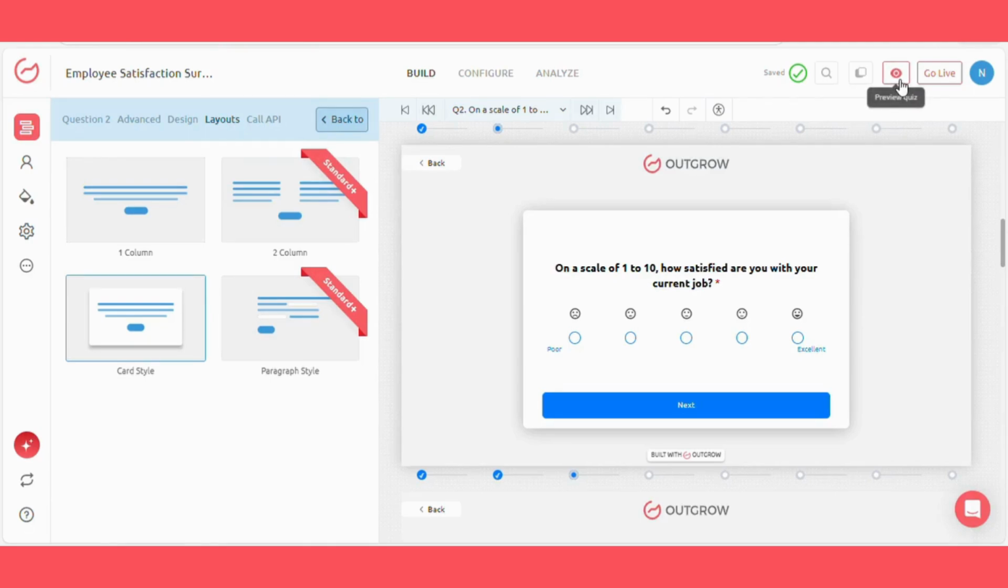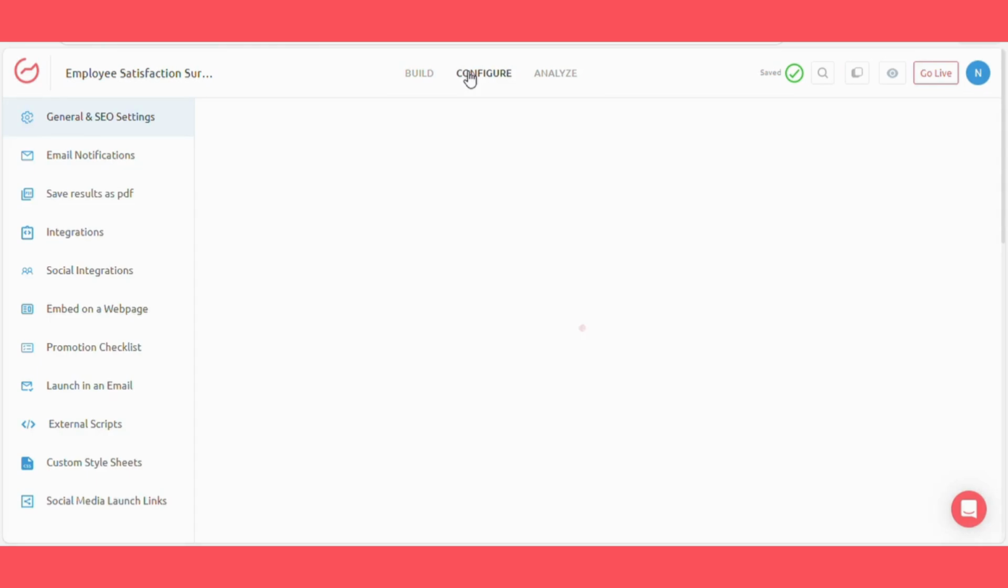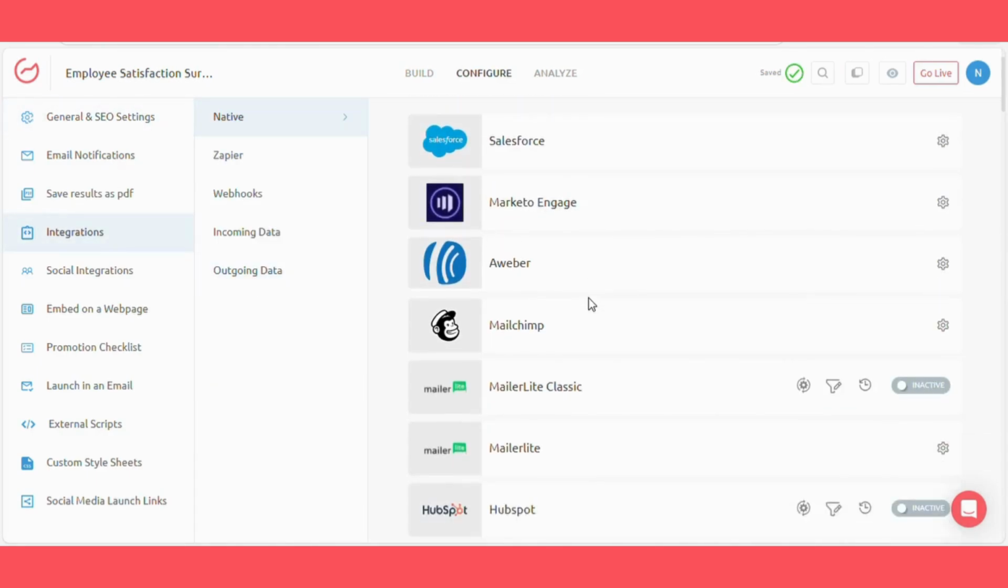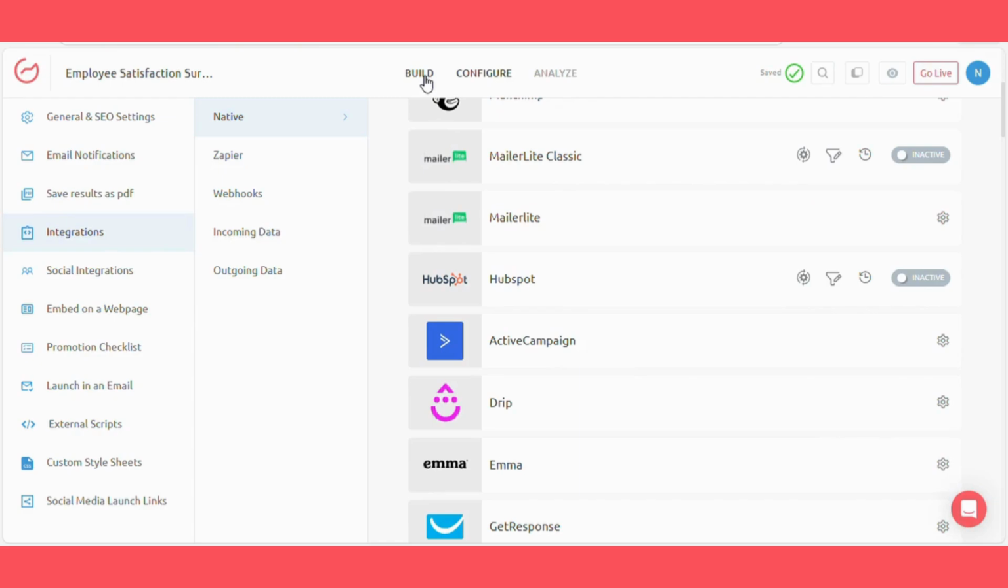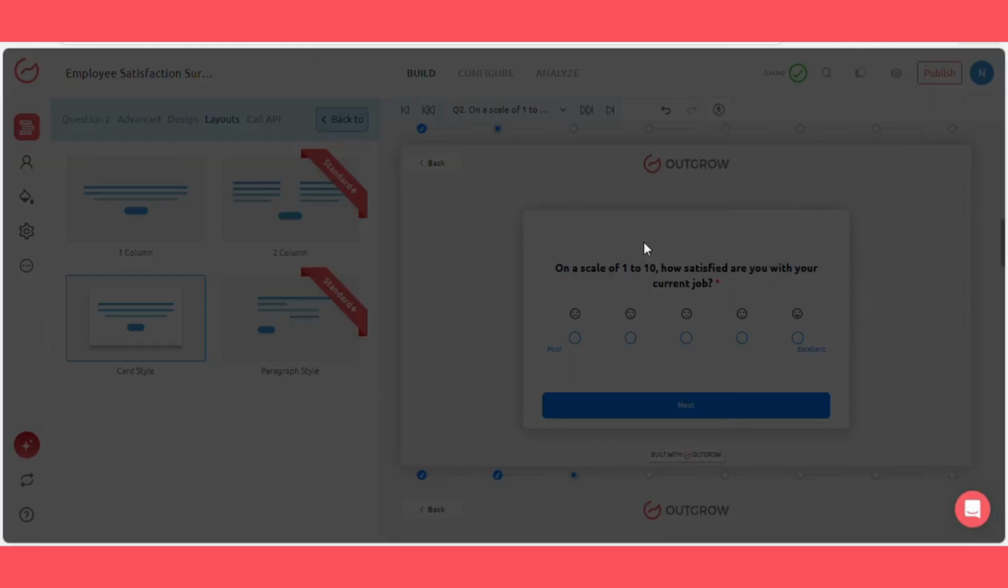After setting up the questions, preview the survey to make sure spacing, labels, and responsiveness look clean. Finally, integrate your survey with your CRM tool from the Integration section of the Configure tab so that each rating gets captured automatically. Click on Go Live, publish the changes, and embed it on your site or send it as